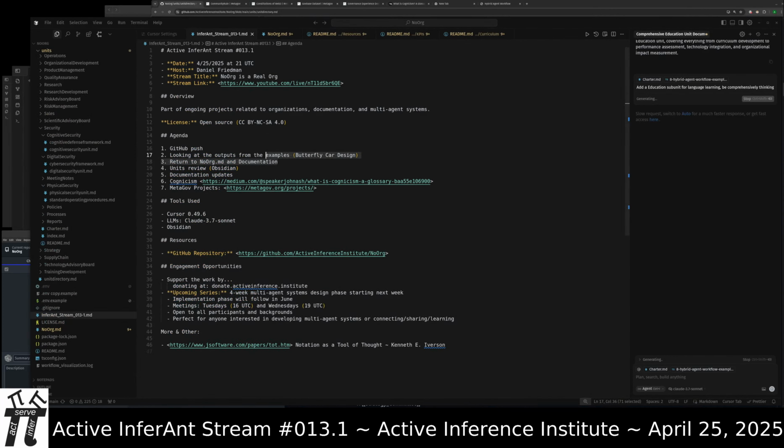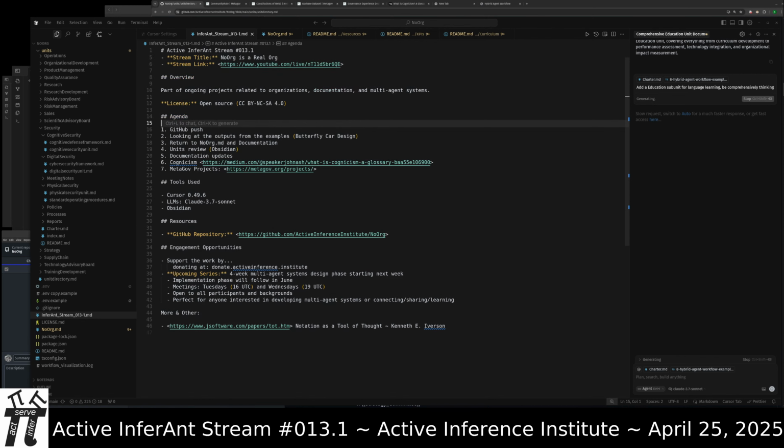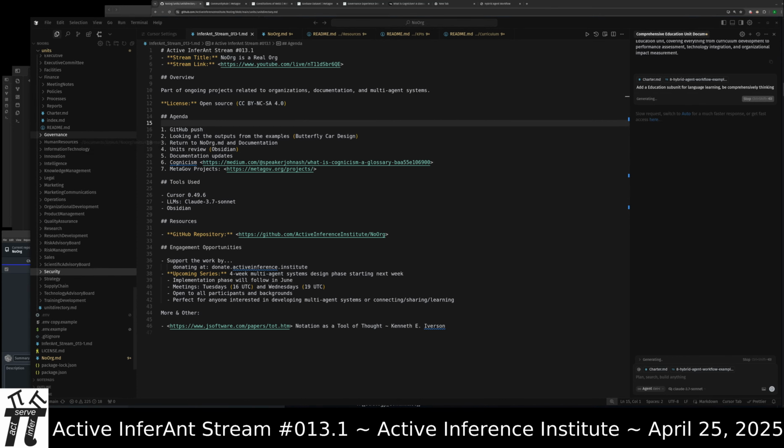Okay, back to the stream agenda, which I'll just break down as we get through things. So, the unit directory and the markdown relationships was what I began with. Was building this out and just continuing to say, okay, now add a new unit. Now add this unit. Now link these two units. Now add this unit. Now add more within this unit. And just what other units would be relevant. Just keep it going and going at all those different meta-organizational, meta-governance type structures.